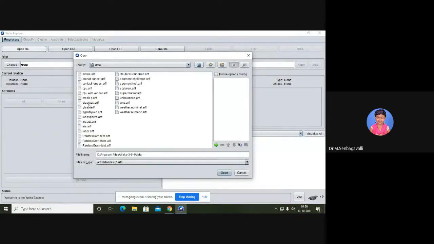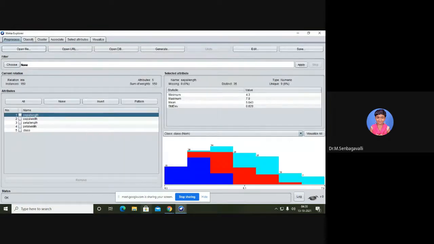Okay, so I'm just taking this IRIS. This is leaf related data we have. It has the sepal length and width, petal length, petal width, and apart from that they've included one more attribute called class. Once I open the file, by default it is showing this chart visualization. It shows how many attributes we have, the minimum value and maximum value in this particular data set, and the statistical report, like the mean value.